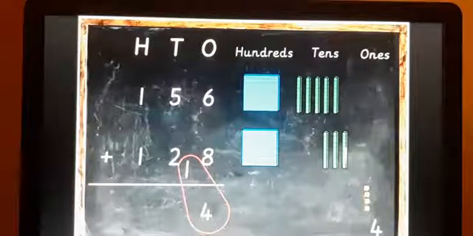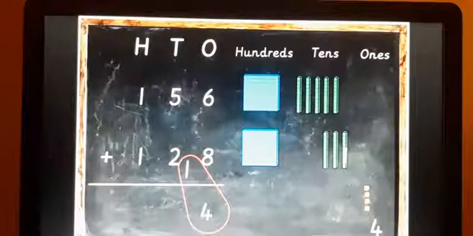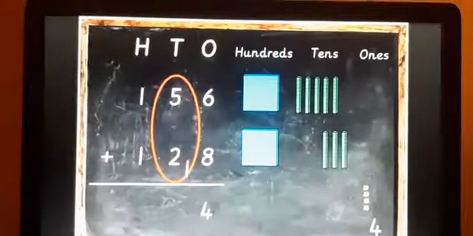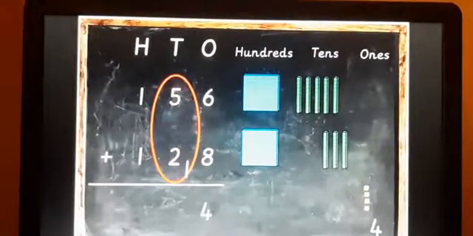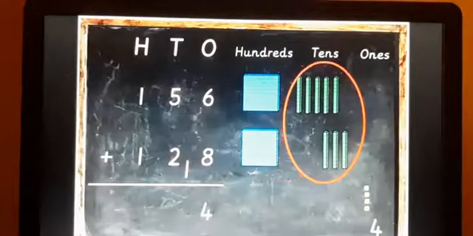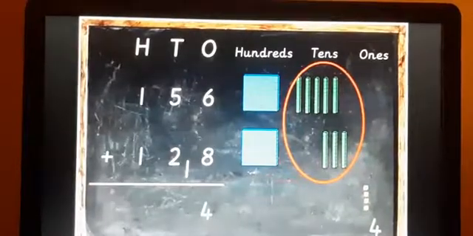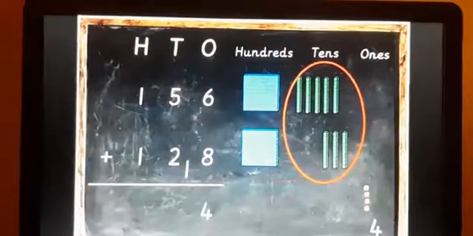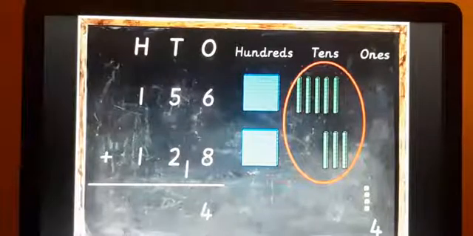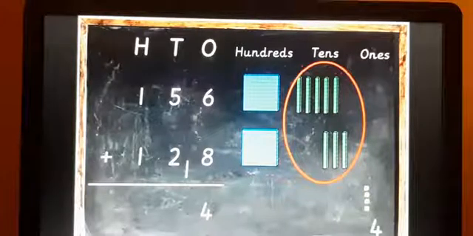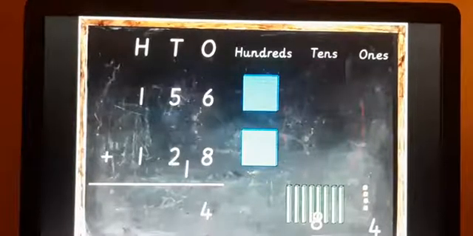In the tens place how many are there now? 5 plus 2 plus 1. The carry 1 is also there, so you have to add together now in the tens place. So 5 plus 2 plus 1. Now count how many are there inside the circle. How many green lines are there in the tens place? 1, 2, 3, 4, 5, the 5 upper one. Plus 2 plus 1, the one behind, below, that is 3 stripes. So 5 plus 3 becomes 8. So you got the value 8 there.